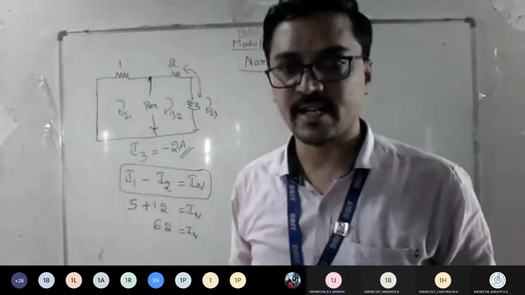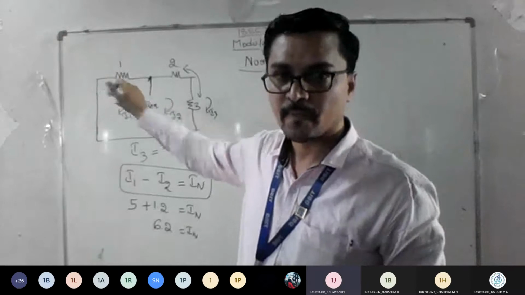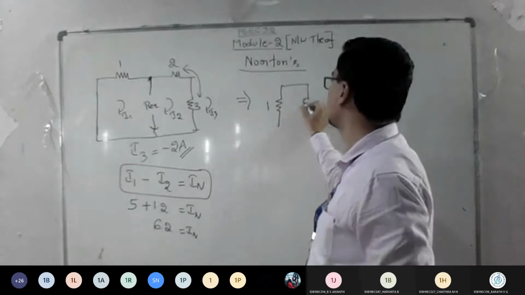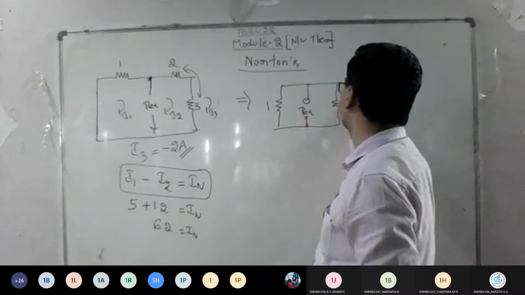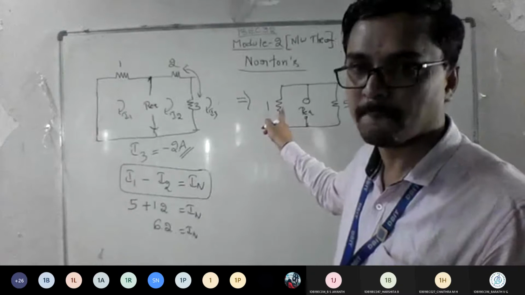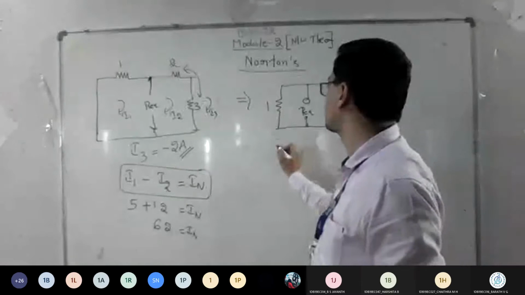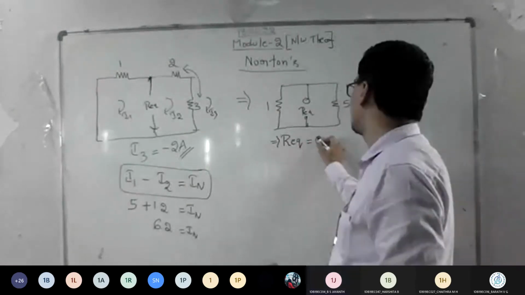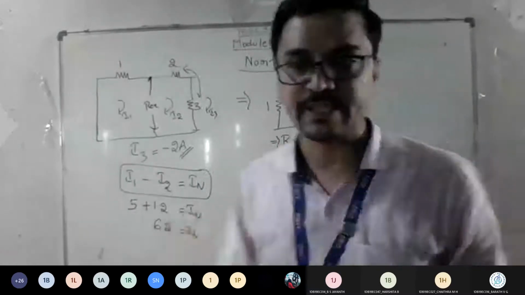So now tell me, these two become series. So 2 and 3 become series, and that combination is in parallel with this. Agree? Yes, sir. So if you write this, it will be like this. So 1 ohm is here and you have R equivalent here, and you'll get the 2 combination as parallel. Am I clear with this diagram to everyone? Okay. So what is the parallel combination of this? What is R equivalent now? 0.833, sir. Okay.